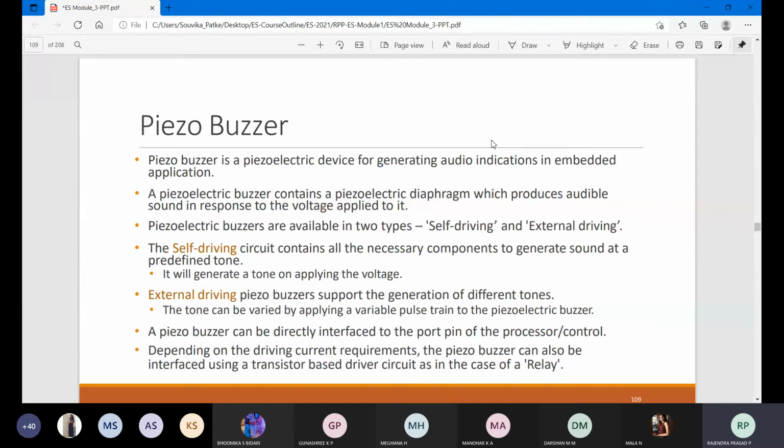So what is a buzzer? It gives audio information about what is happening. Like if I go to an ATM and insert a card, still nothing is displaying, so it will give a voice command to you. Insert your card, insert your pin, right? Take out the cash from the machine, right? Your transaction is successful. So all this information can be given in the form of a buzzer.